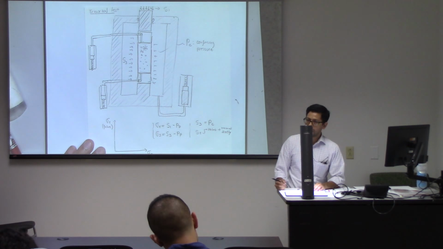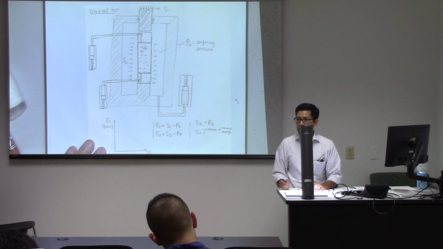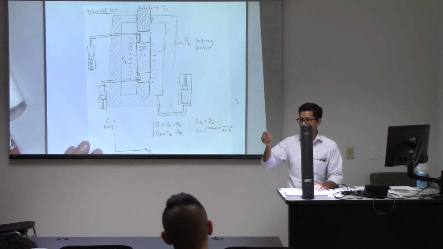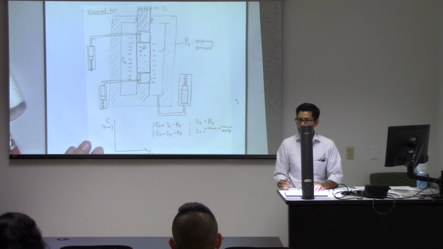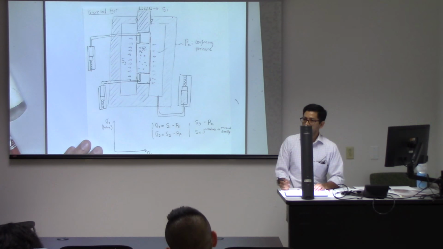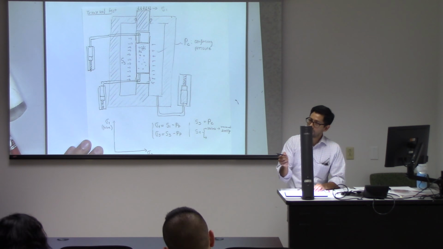In the lab, you have something on top of this which is called a load cell, which is going to give you a force, and you divide the force by the area of this plunger, of this piston, and that's going to give you exactly the value of S1. Otherwise, what you can do, and this is what you have in your assignments,